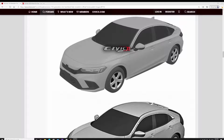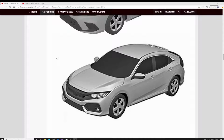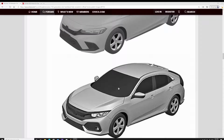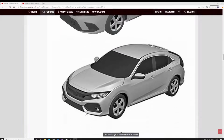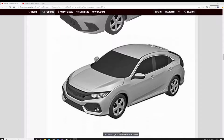This is the 10th and this is the 11th. Honda usually does refreshes every 5 years. After 3 years, they do the minor refresh, and then after 5 years, they do the complete overhaul of the vehicles. For me, I like the 10. I mean, the front is like the 10 because they have all these fake grills and fake stuff all over. I'm not a fan of those. I kind of like this a little better, but we'll see when the sport version actually comes out,